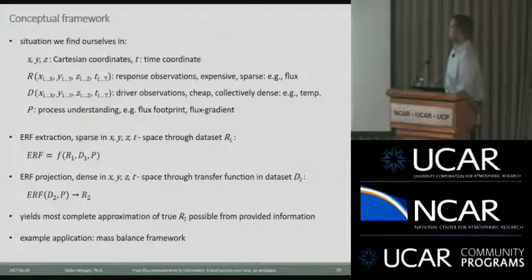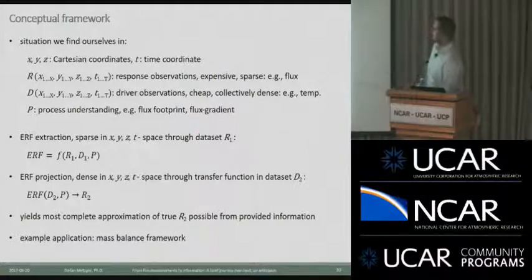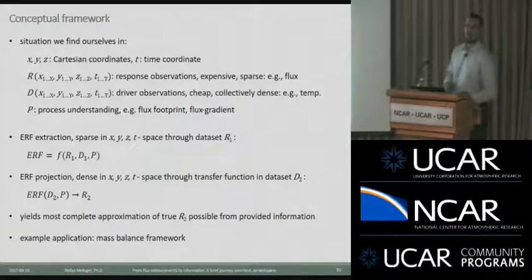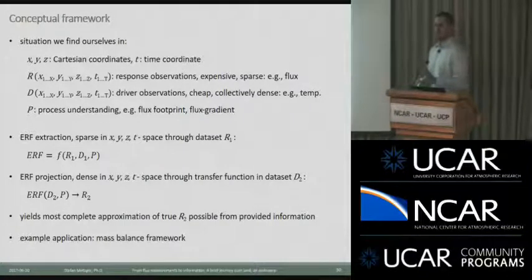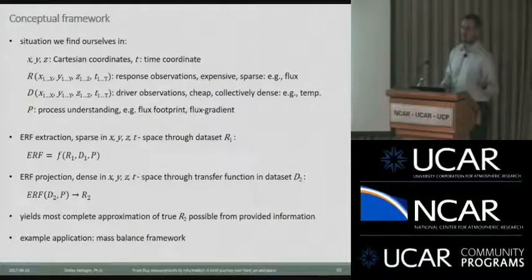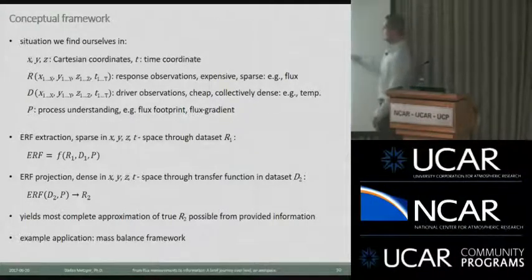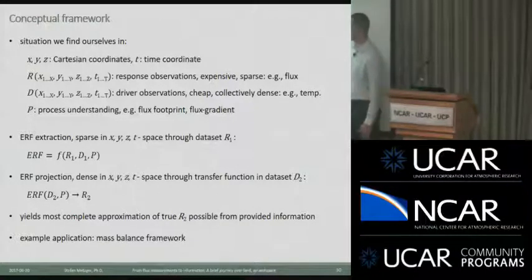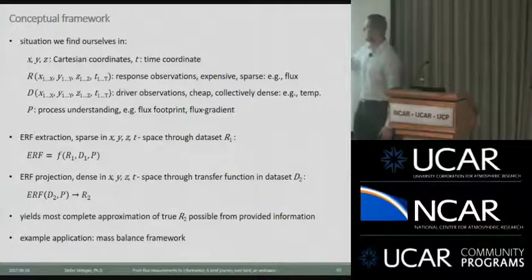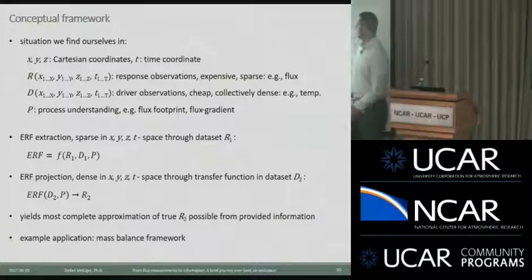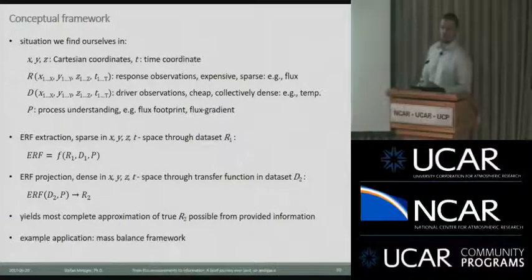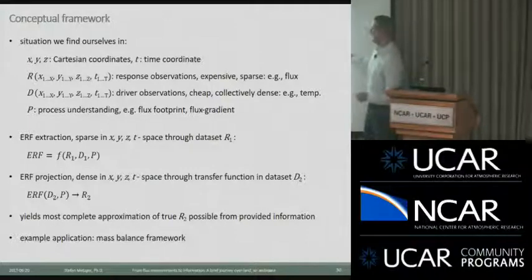So the situation that we find ourselves in is that we do have expensive response observations R, or comparatively response observations R, that are spatially or temporally sparse, such as flux measurements, comparatively sparse, compared to some of the driver observations, which are collectively cheap and dense, such as temperature from met stations, surface temperature from satellite overpasses, and so forth. And then we can also throw in the mix whatever prior understanding we already have, such as advection dispersion modeling or flux gradient methodologies. And what the machine learning then helps us to do is to combine this information in an extraction step here. The extraction itself is sparse in the space-time domain. It's constrained through the expensive response